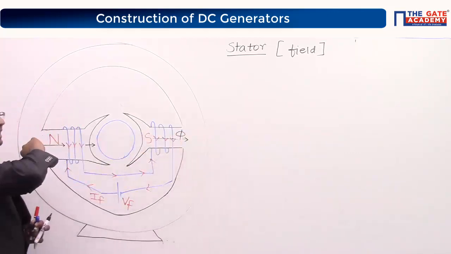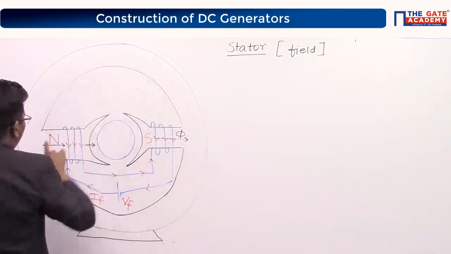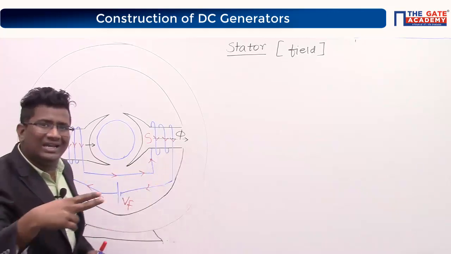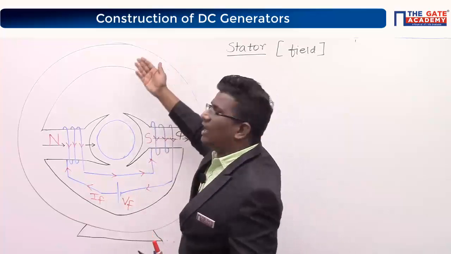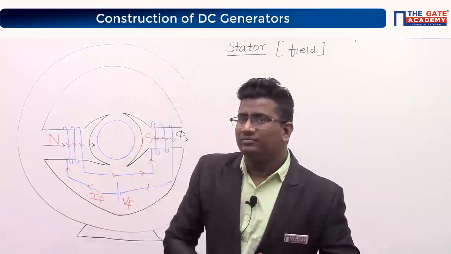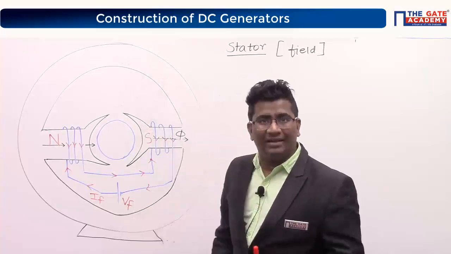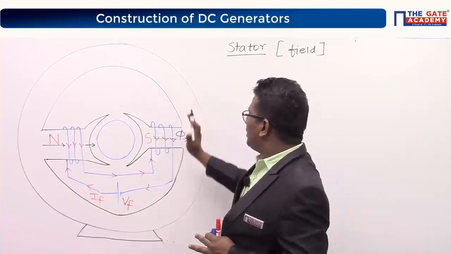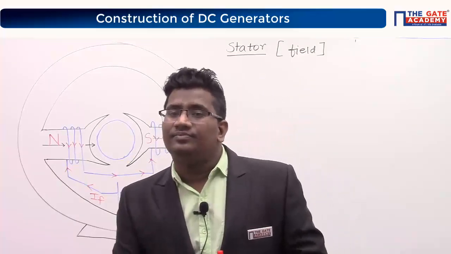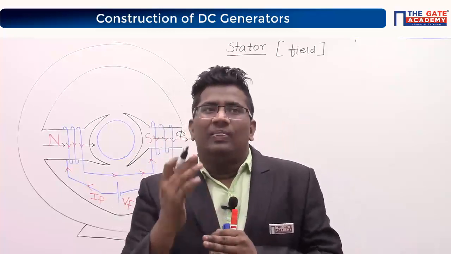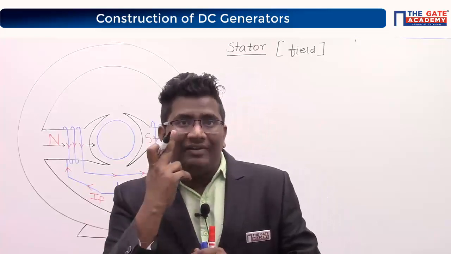So tell me one thing, if you look at this structure, break this machine horizontally. Can I say from here to here is air gap, and here to here is air gap, equally divided? The upper half and lower half are equally divided, no? It means this area and this area are equally divided. The area of the core is equally divided. Tell me, is reluctance equally divided? Yes.